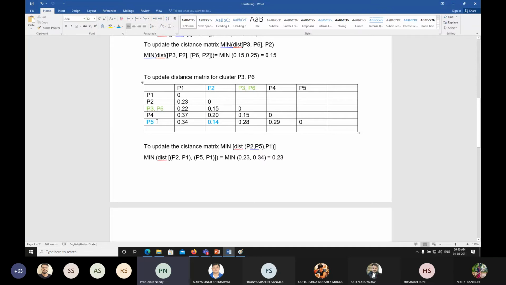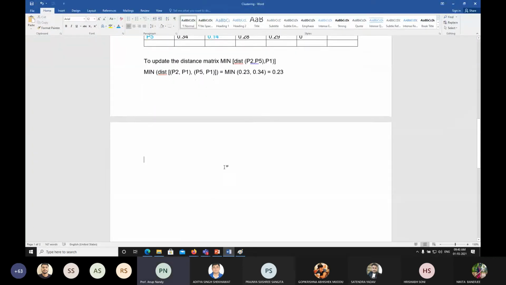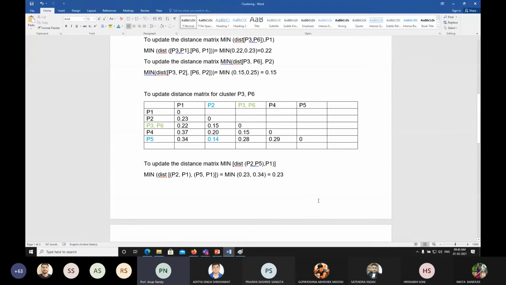Yeah, here it should be a P2 P5. So there will be intersections, and you can get these things. Okay, I think you just try it. If you're not able to do it, next class I'll tell you this answer. The distance matrix, you have to do by yourself.